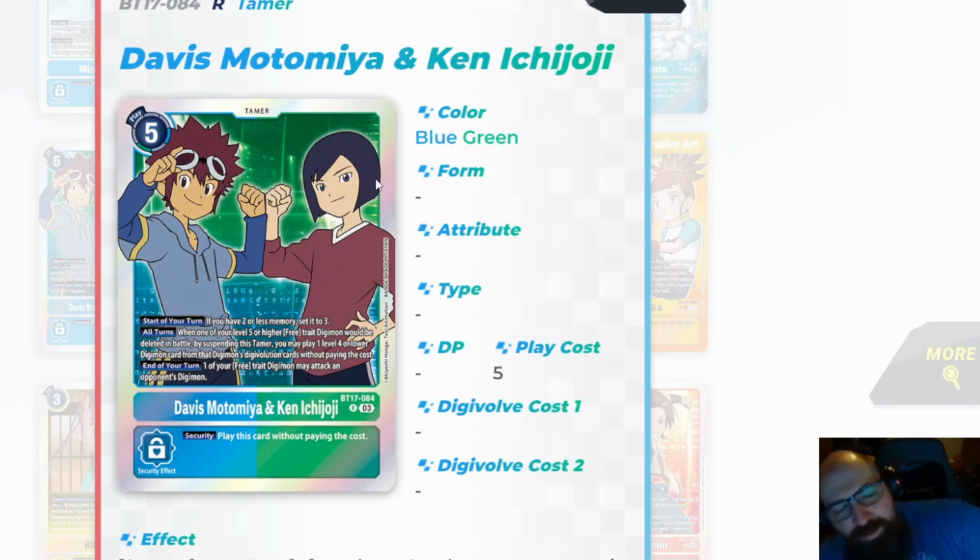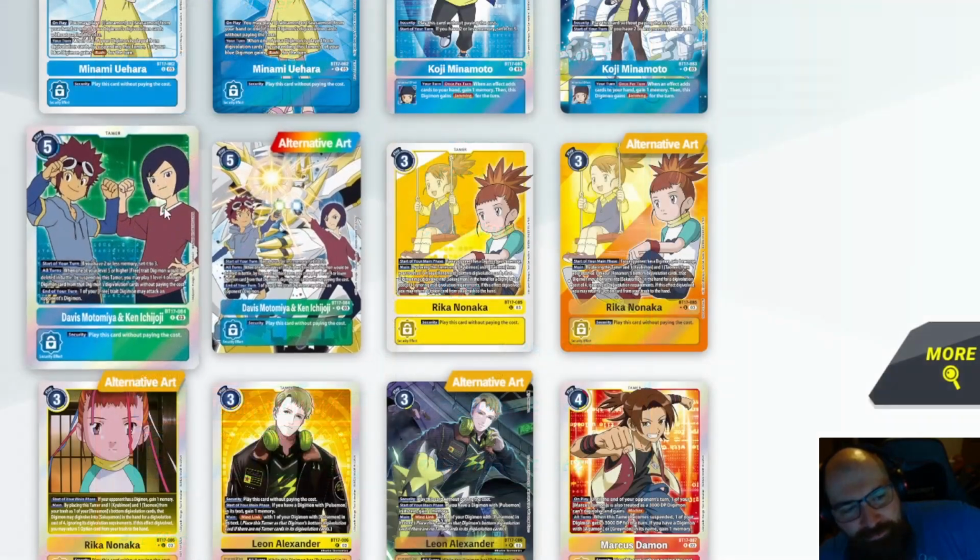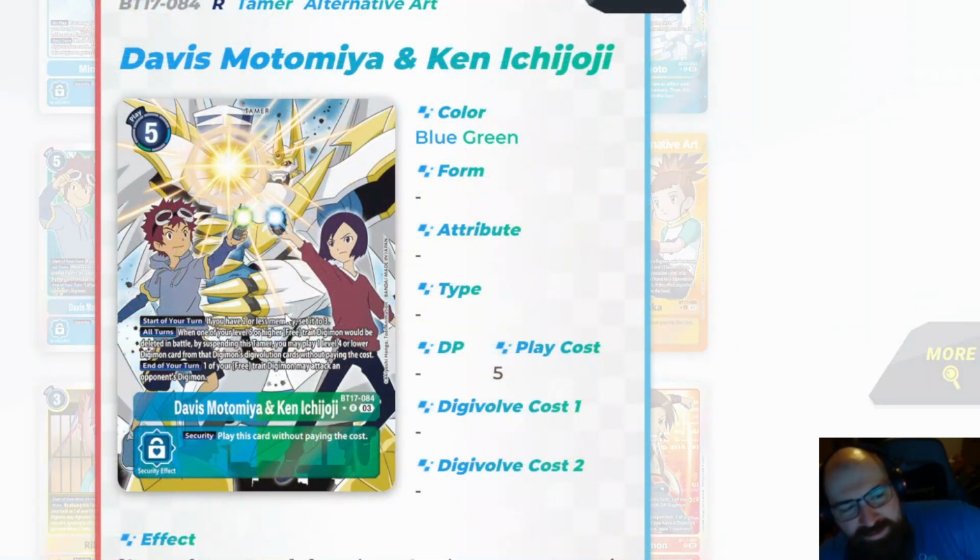Actually pretty cool. I think the idea here is that you want to play your level 4s first, if that's the case. And then, if you can, you also get to play a level 3 as well, so you get more continuation. But then having one of your free-traded Digimon attack one of the opponent's Digimon is also just very cool, if you ask me. Plays a card without paying its cost from security. Very interesting. But as derpy as these do look, because it's obviously a reminiscence of the original movie,